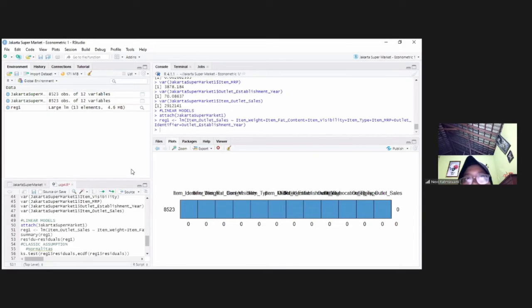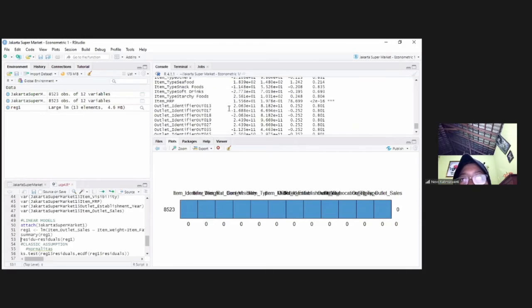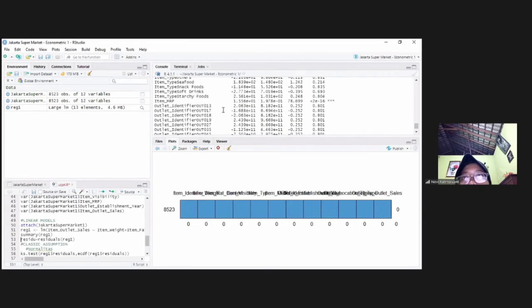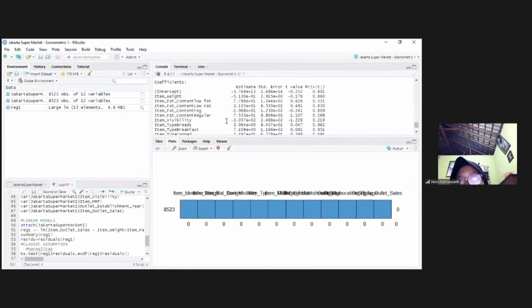To bring up the results of the linear model, we have to run the summary command, and the results appear like this. In this model, the independent variables are able to explain the dependent variable by 56.38%. The rest is explained by other variables outside the model.